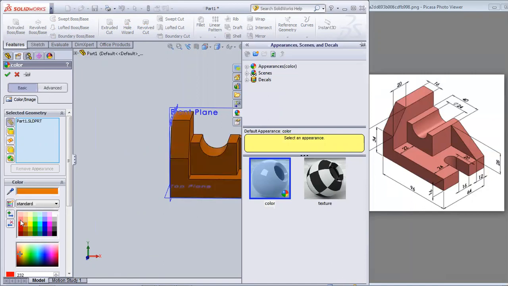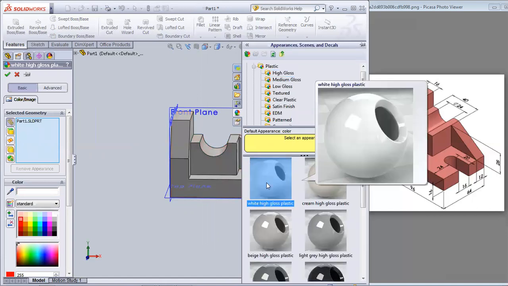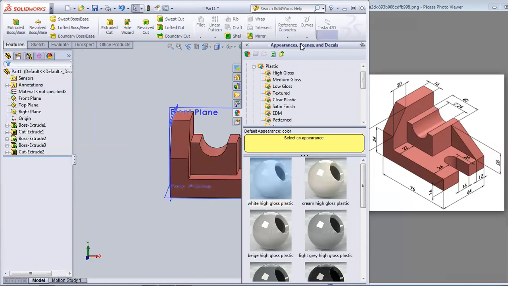This color, not exactly this color. Yes. Okay, so this should be the color, and will it be shiny? There should be a shine, right? So let's just go with shiny plastic, high glossy plastic, right? Let's just go with this one, right? Okay, and the color will be like this. Okay, all right. So just close it.